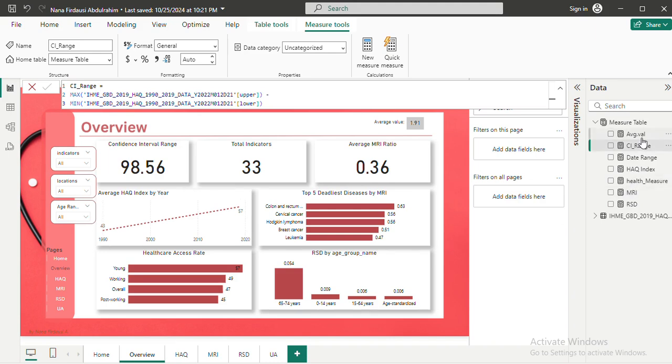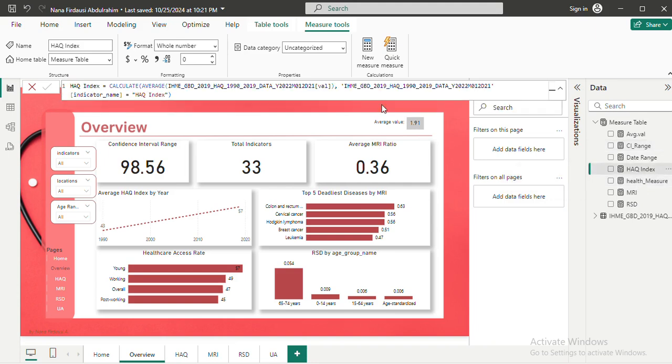I also used a measure to calculate the HAQ index. So I calculated the average HAQ index, that's the average value of the HAQ index, and also MRI, the average value of MRI. But for RSD, I use the highest value of RSD,